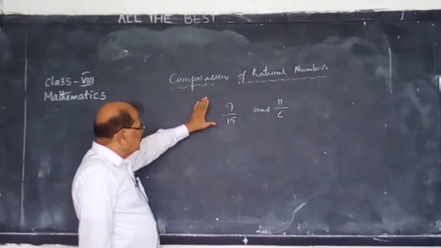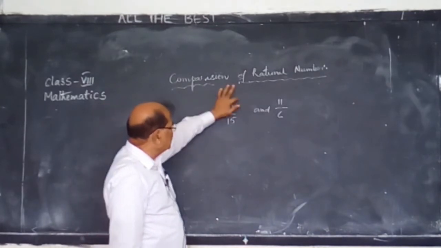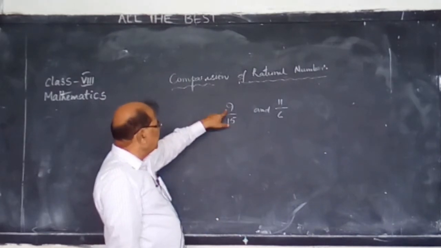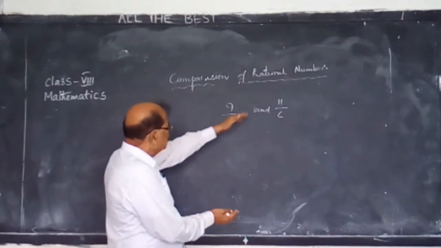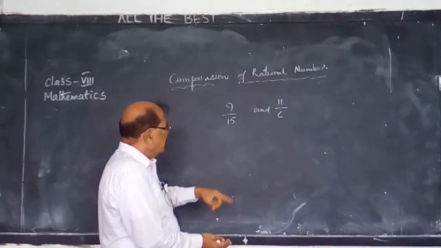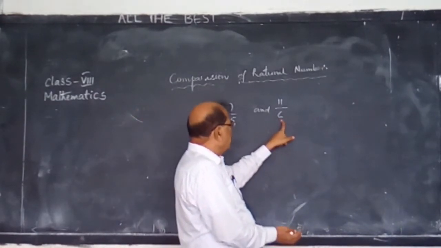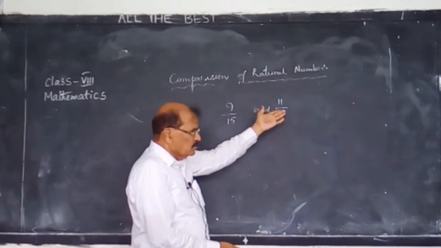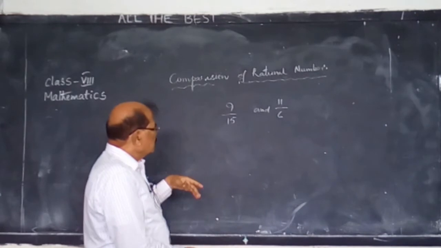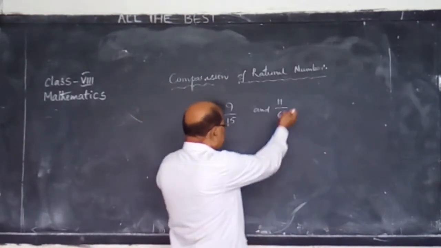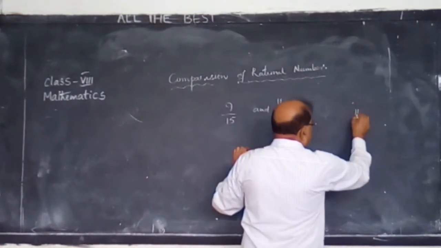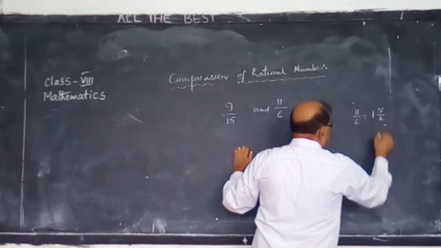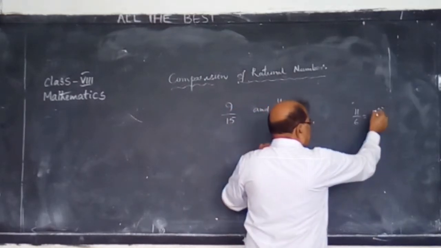Now, if you observe the property of a fraction, an article is made into 15 equal parts and 9 are taken out, and this is called 9 by 15. An article is made into 6 equal parts and you have taken 11 parts. So 6 parts are over. In another way it is called 11 by 6, then we have 6 1s are 6, 5 by 6. So it is more than 1.